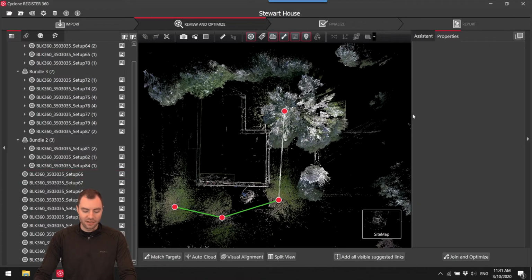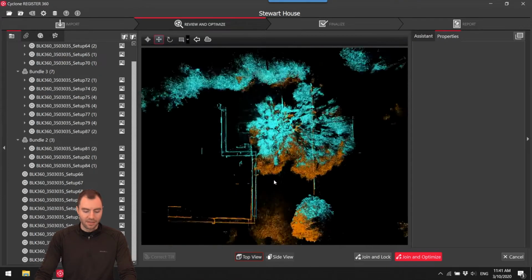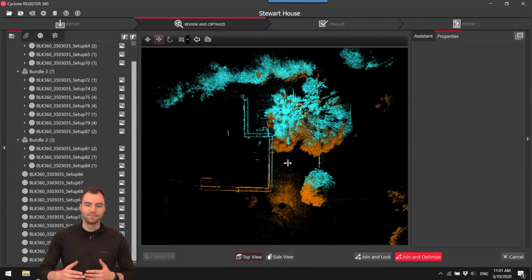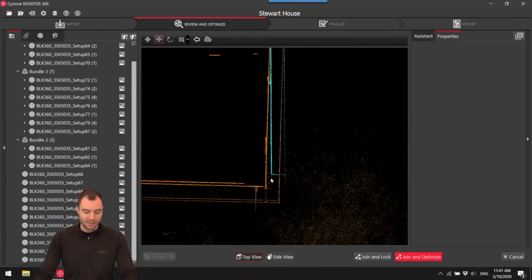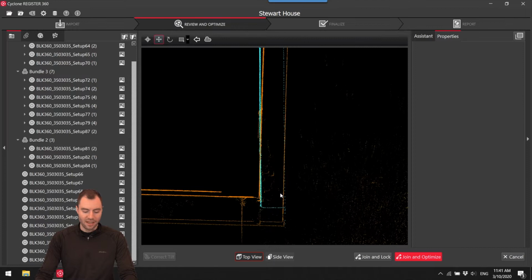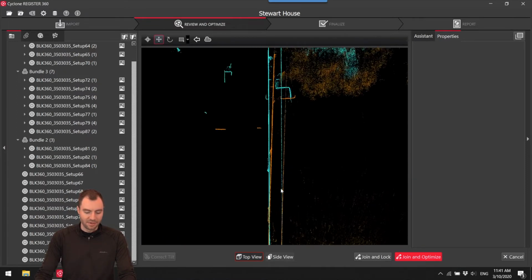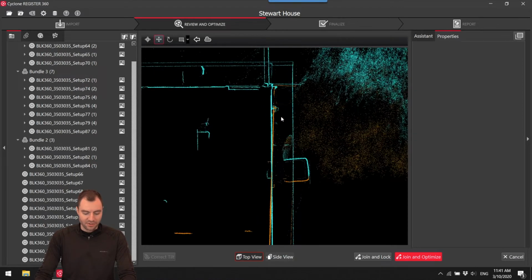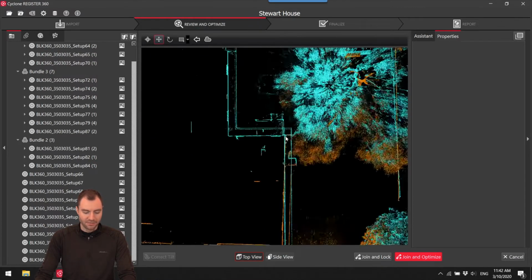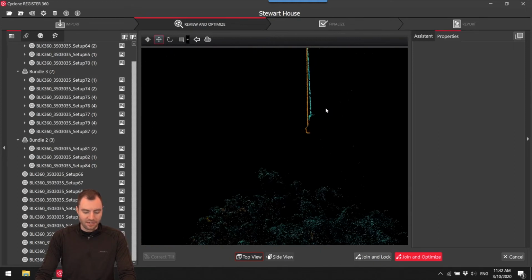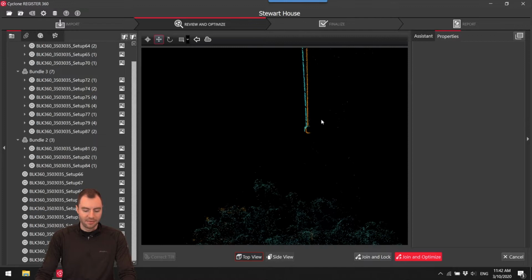So what I can do is click on that ghost link, and then I have a couple new options at the bottom. I'm going to click Visual Alignment, and now it brings you into a view where one of the scans is blue and one is orange. And this makes it really easy to manually line them up to where they should be. So the first view that I'm in here is top down, and I can move it in this north, south, east, west plane. So what I'm going to do is look for a certain feature, like a corner or something like this, that I can rotate around. So I know that that's the end of the fence there. I'm going to line that up